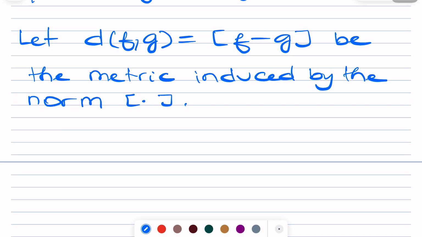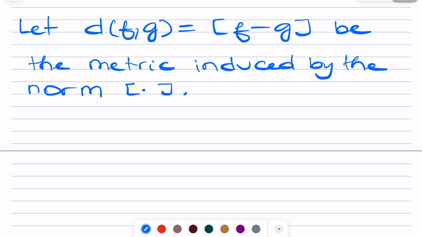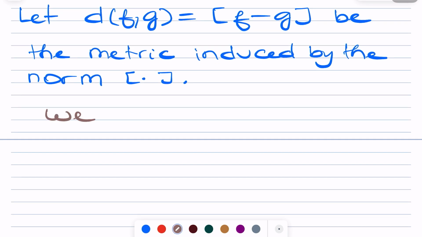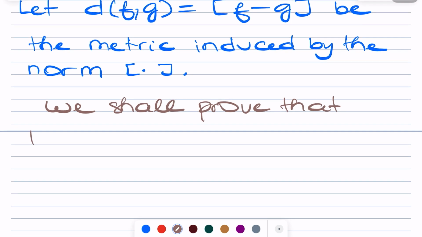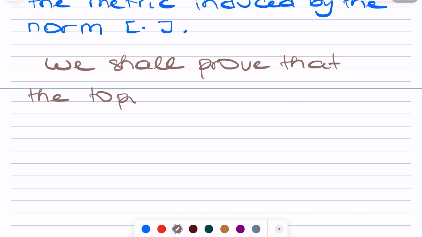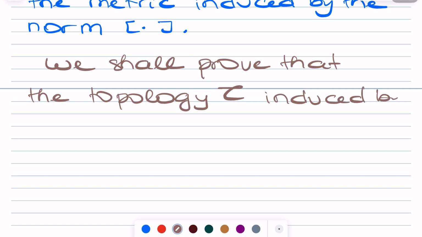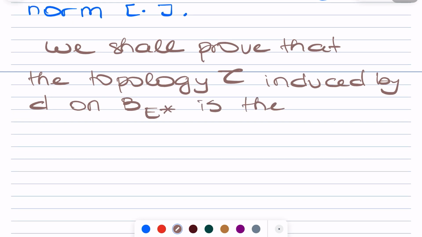Okay, good. Now what you have to do is that we shall prove that the topology, let's call it tau, induced by the metric g on the closed unit ball in E star, it's the same as the weak star topology restricted to